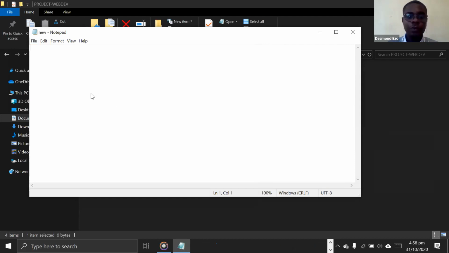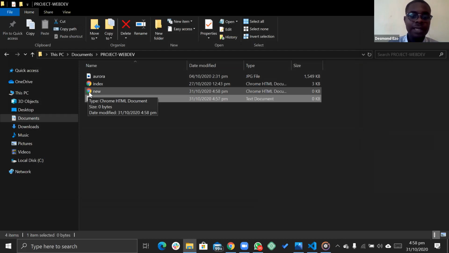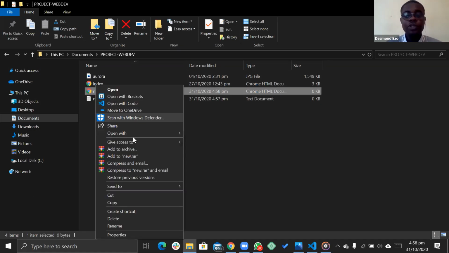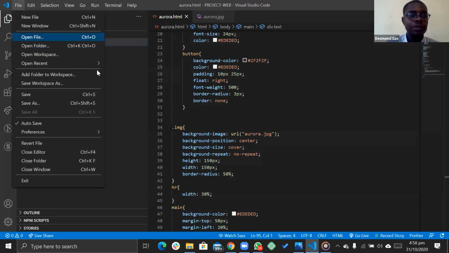And immediately as I do that, you would notice that this web browser or Google Chrome icon has appeared in front of the new file I just created with a .html extension. This shows that by default, the software available to open this file is the web browser. So for me to edit this web document now, I would use my code editor. If you installed Visual Studio Code properly, you would see this pop up. But if that doesn't pop up, it's still all right because you can open your Visual Studio Code and open a file or a folder.